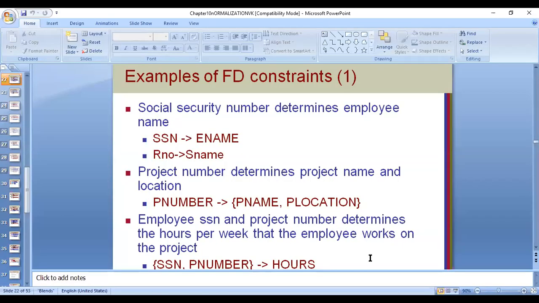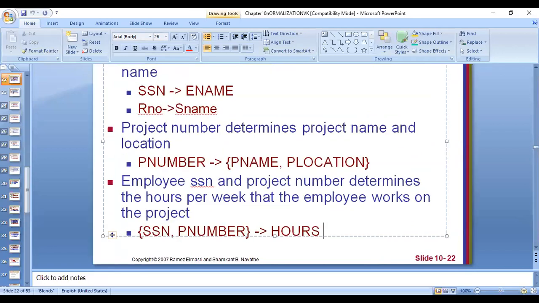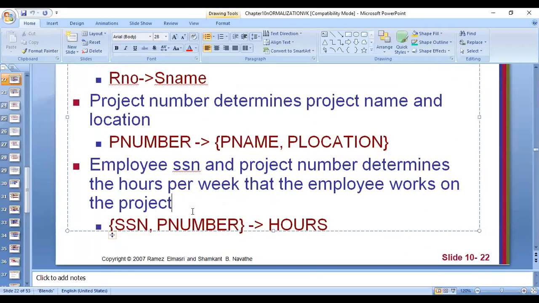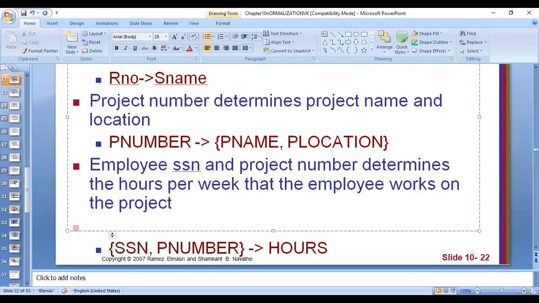So I'll come to the slide like this and then I'll try to edit. Now, a similar example we will see here is from our college. Suppose we talk about the faculty. If I take a faculty number, let's call it FNO, and then there is a subject number called SNO. Together they will determine the number of hours.